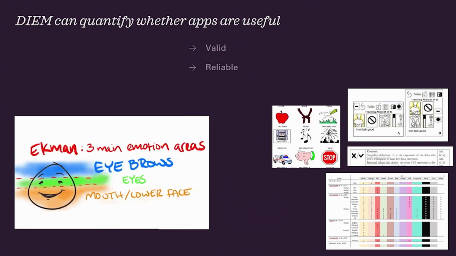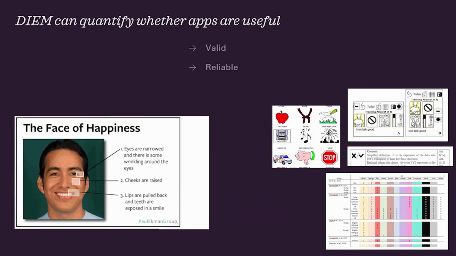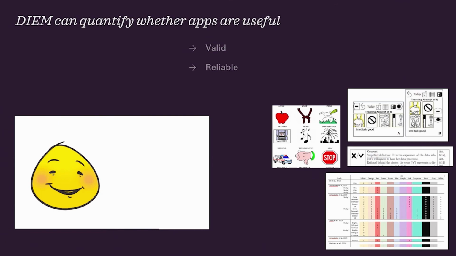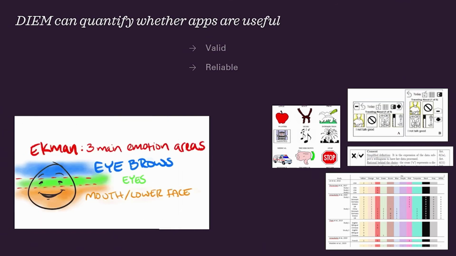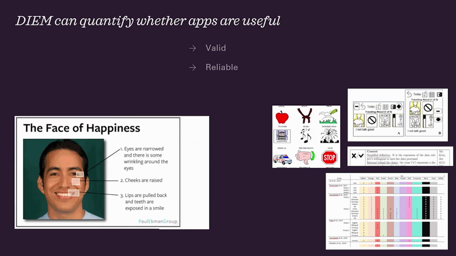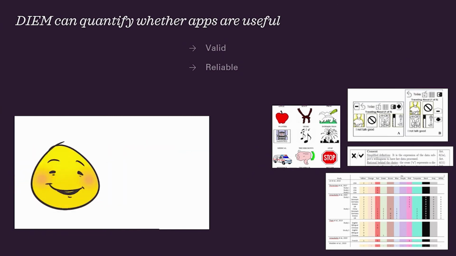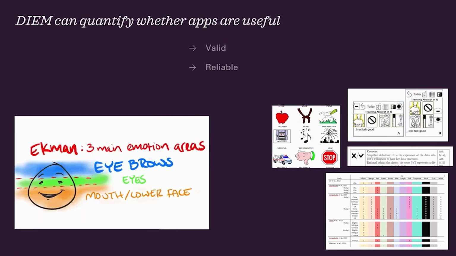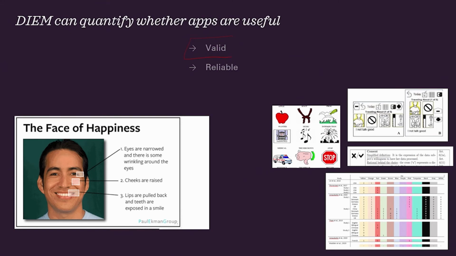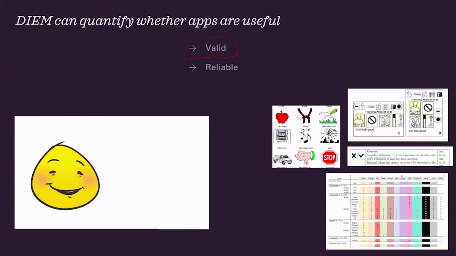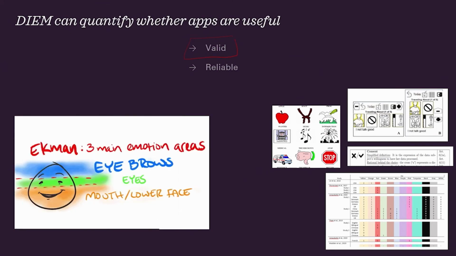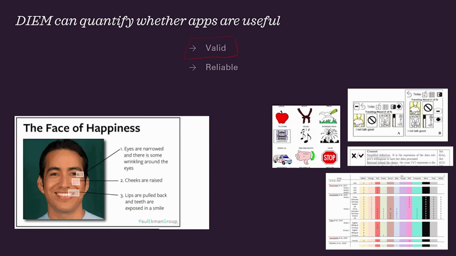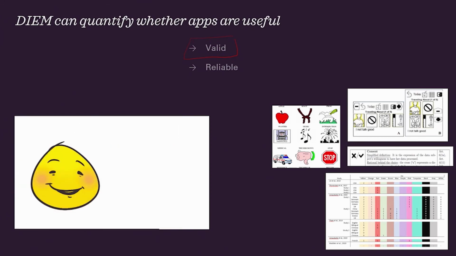So my picture's gone because there's quite a lot of information on this slide. Again, this is something I'm very passionate about, so please email me or tweet me about this. But a good scientific app is both valid and reliable. So the things on this slide speak to the validity indexes that we built into dVEM. So there's construct validity, which is whether something represents what it's supposed to represent.